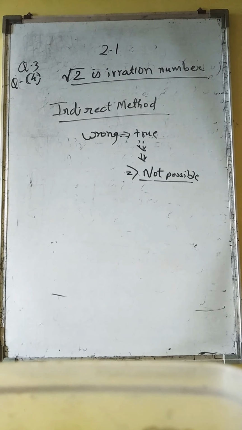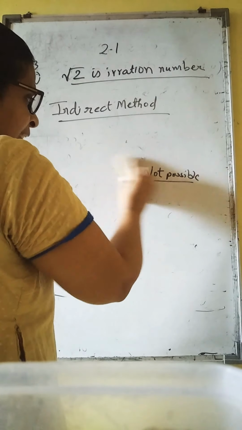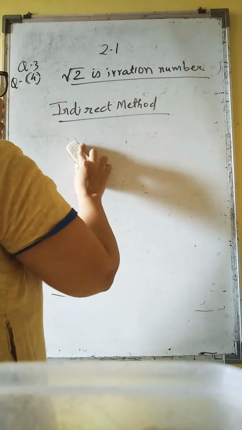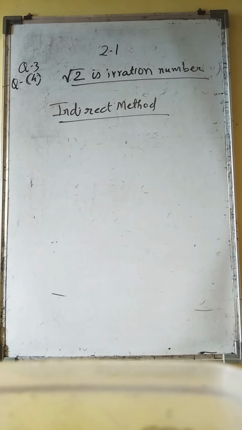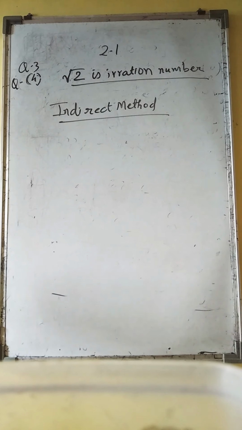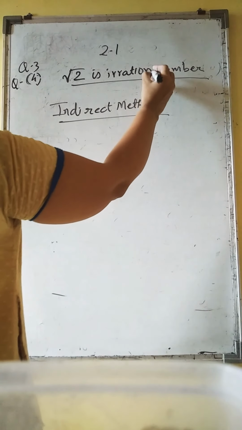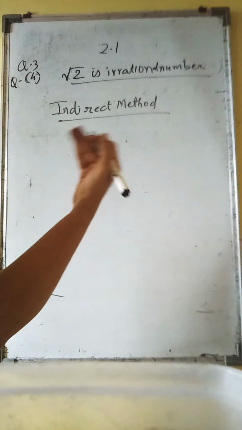In the geometry also, some of the proofs we are going to do by indirect method. So the proof is not that easy to understand, as it is an indirect method. Indirect method is little difficult to understand. So please concentrate. I have revised all the properties of rational numbers to you. We are going to make a use of it. Now I want to prove it that root 2 is irrational number. I will assume something wrong.